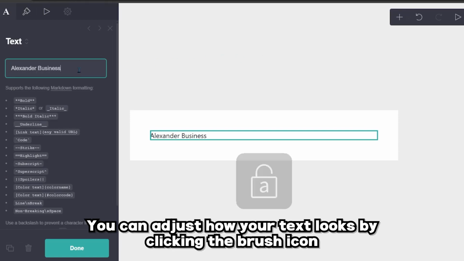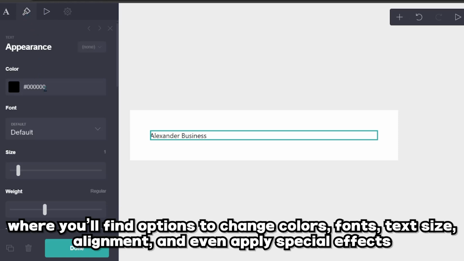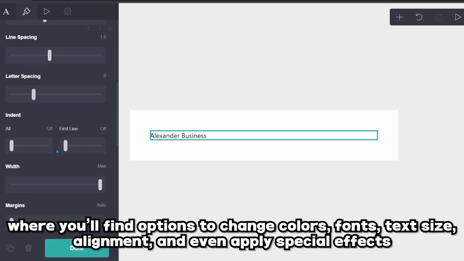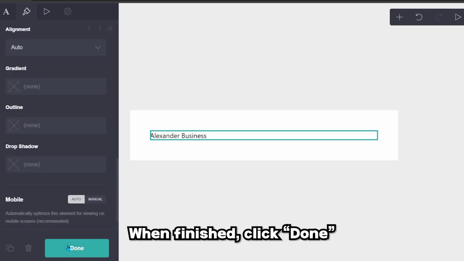You can adjust how your text looks by clicking the brush icon, where you'll find options to change colors, fonts, text size, alignment, and even apply special effects. When finished, click Done,